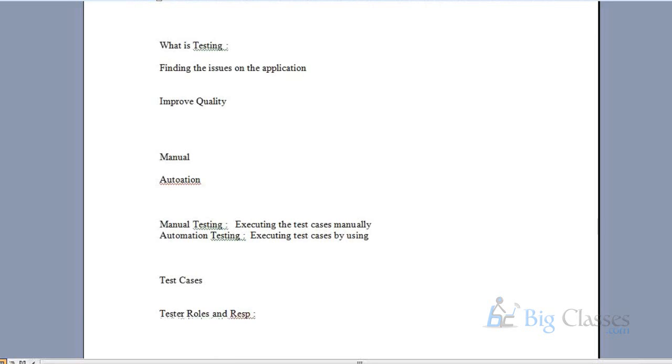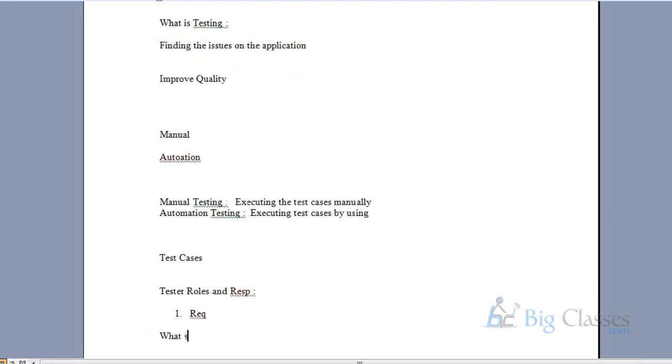The first role and responsibility of a test engineer is getting the requirement from the client. What is the requirement? Requirement is what exactly the client or customer needs. Whenever we get a requirement from the client, we need to understand the requirement functionality. If you understand it, you have a clear picture of what the system is supposed to do. Am I clear? System in the sense I'm saying is the application.